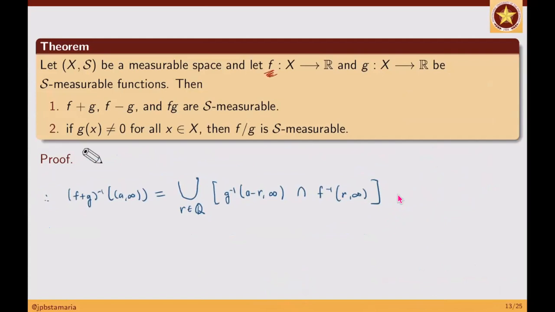Si F kasi, measurable. S measurable. So, ibig sabihin, ang inverse image ng mga intervals na ganito ang itsura, dapat nasa S. Ganun din naman ito. Ito rin ay interval na open from a particular number to infinity. Therefore, yung inverse image under G ng interval na yan, nasa S. Remember, si S ay sigma algebra. So, ang intersection ng dalawang bagay na nasa S ay nasa S.